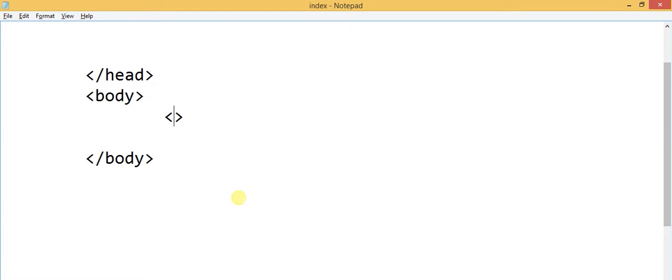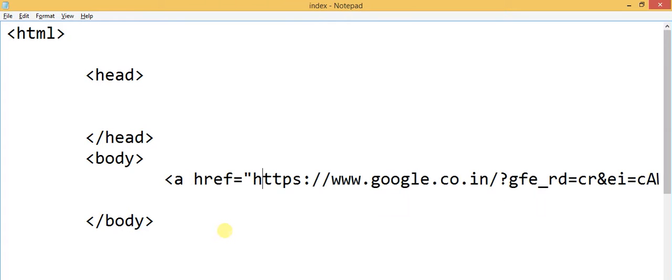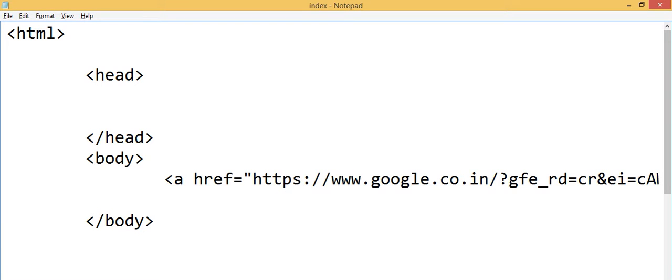Now comes the exciting stuff. You might have seen links on websites. How are links created? Let me show you. The a tag is used for that, which stands for anchor tag, an attribute to link a page. With just this a tag, you're just saying that it's a link. But how to specify the source? For that we have href. So let's type out the value for that, and I've pasted the URL to open Google. And after this tag ends, we have this